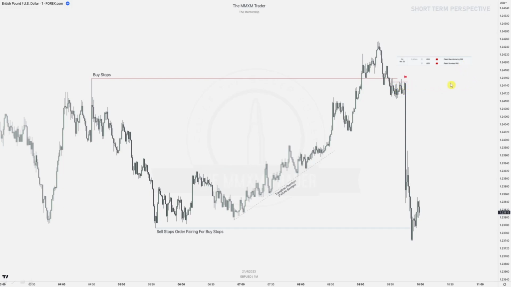So we've got PMI, right, at 9:45. You can see this little fair value gap here offering resistance for price. And again, we already ran those buy stops, right? So order pairing happened already above market price. Now we're going to look for order pairing below market price, which are these sell stops for order pairing into buy stops. And then where is the liquidity, right? We've got these failure swings, right? So engineered liquidity, trend line phantom. So it's highly likely price action will just continue down with that news release because we already ran buy stops